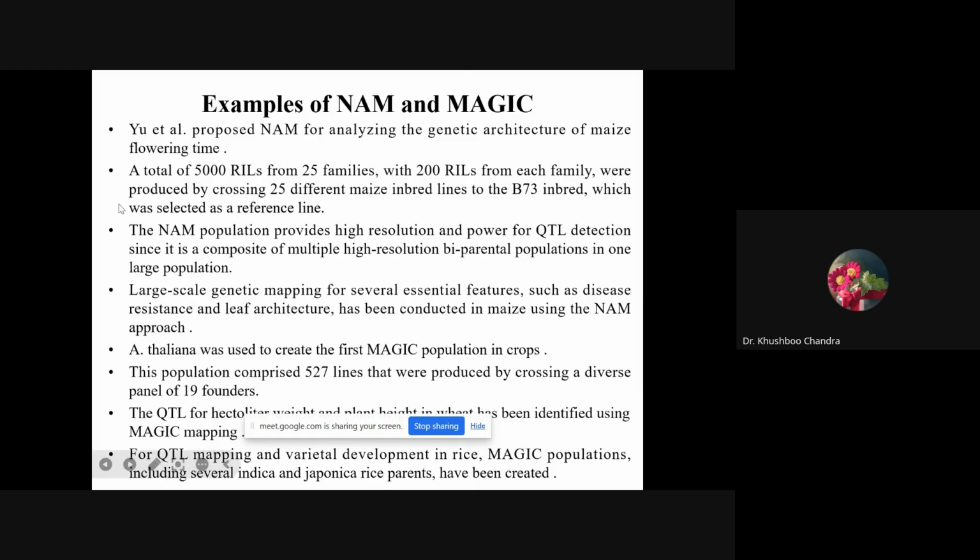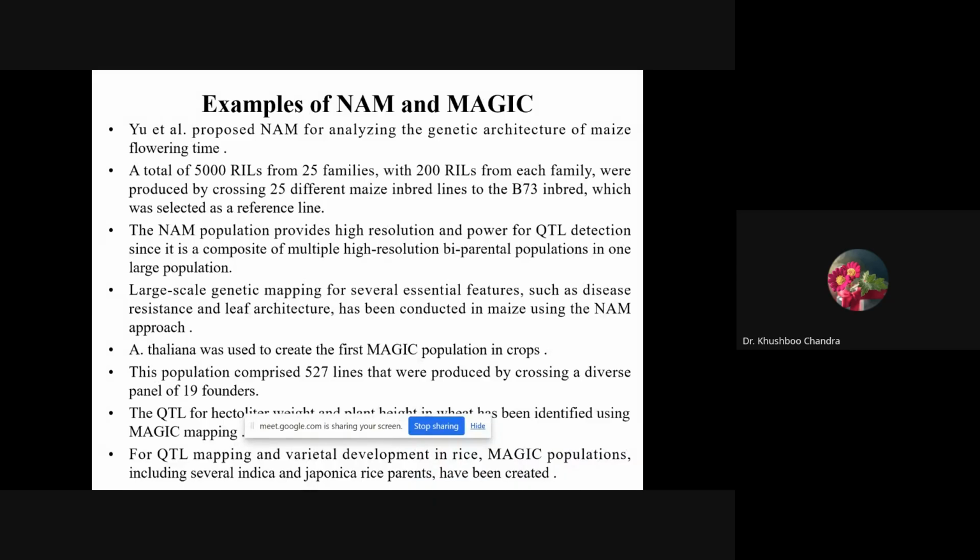So here we can see that there is this one experiment which was conducted by Yu et al., which proposed the NAM for analyzing the genetic architecture of maize flowering time. In that, 5,000 RILs were developed from 25 families. Here you can see how the progress goes. It is like from the 500 baselines, it gets reduced into a smaller size population